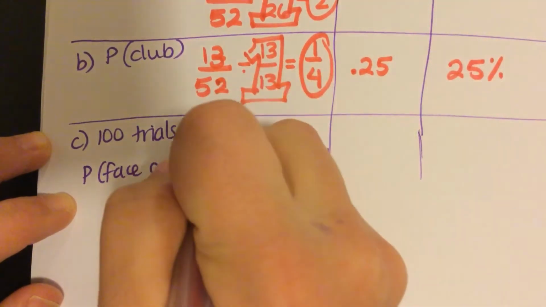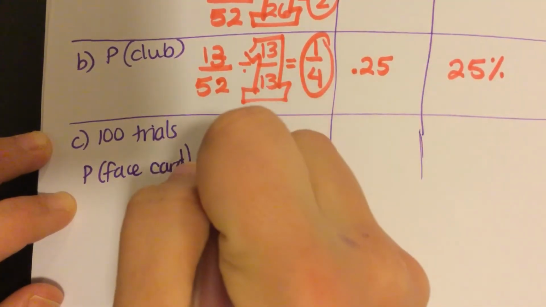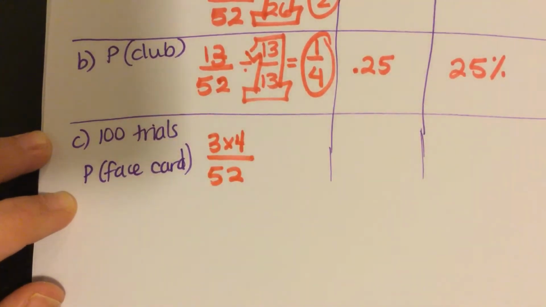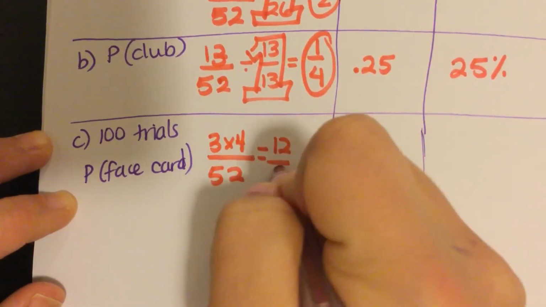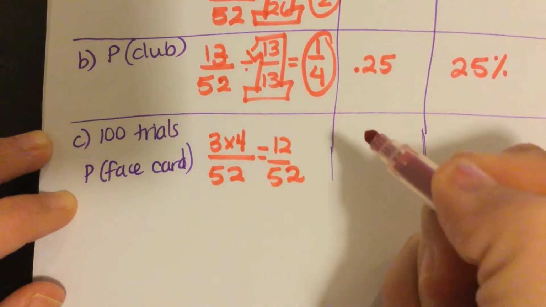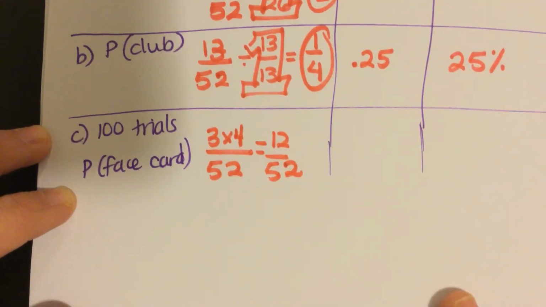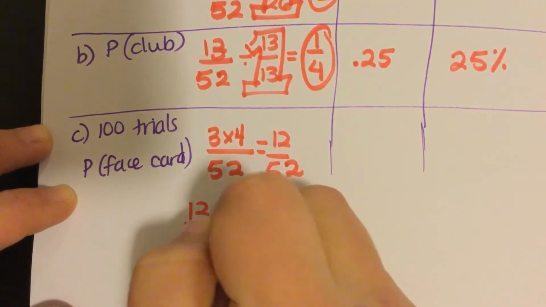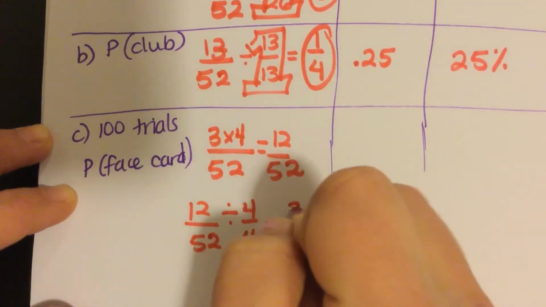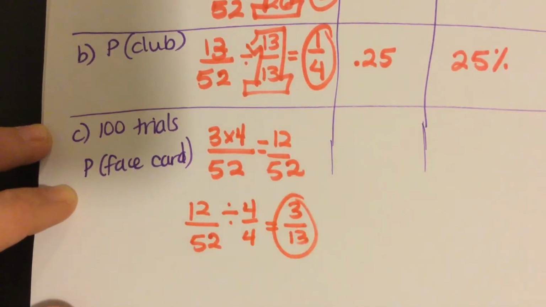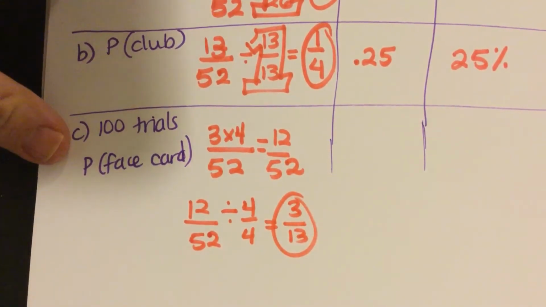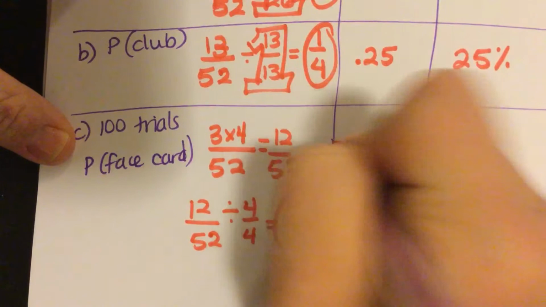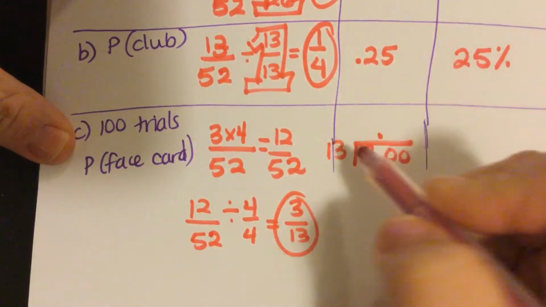So we know that there are 3 face cards per suit, and there are 4 suits, and there are 52 cards total in a deck of cards. So this would be 12 over 52. I can simplify this by dividing by 4/4. So 12 over 52 divided by 4/4 gives me 3 over 13. 3 over 13 is not a fraction that I use all the time, so I'm going to need to divide it out by hand. So I'm going to write in 3 divided by 13 to solve for the decimal, and